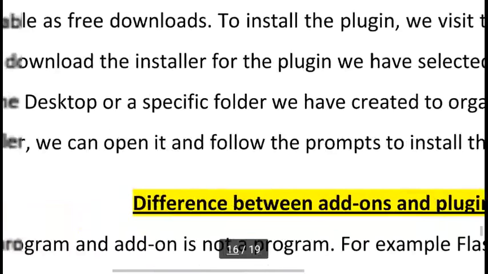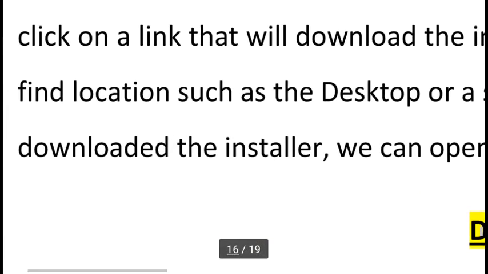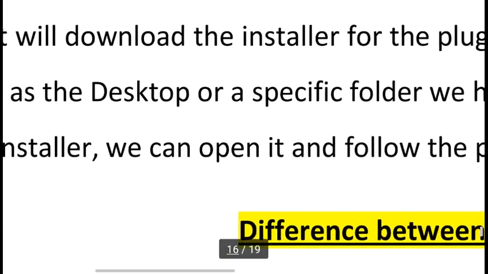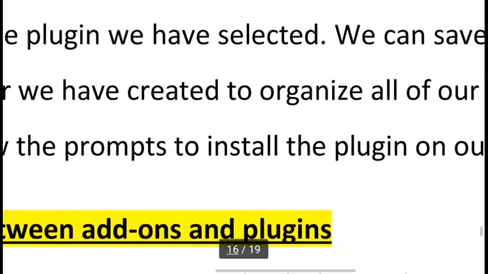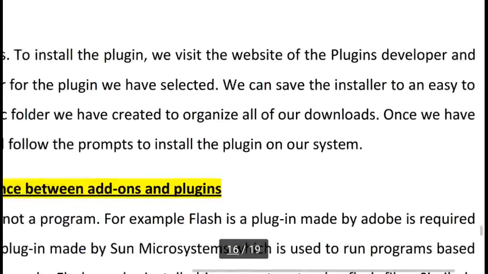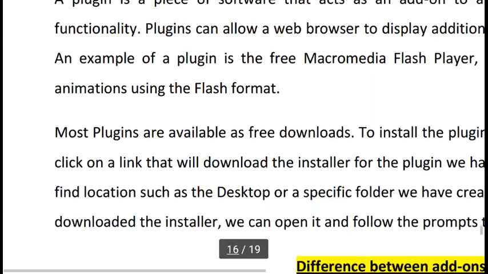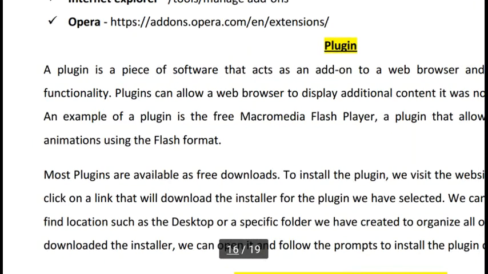Once we have downloaded the installer, we can open it and follow the prompts to install the plugin on our system. So we can say that a plugin is actually a real program.